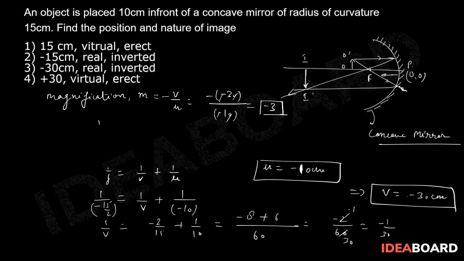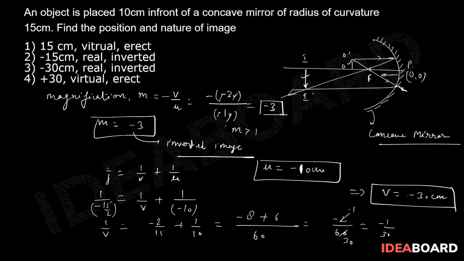Look at this magnification very carefully. It gives a negative value which says inverted image. Did you observe in the ray diagram? This image is inverted, right? Correct. Do you observe that m is greater than 1? If that would be equal to 1, same size, less than 1, diminished. Greater than 1 means enlarged, right? Enlarged.